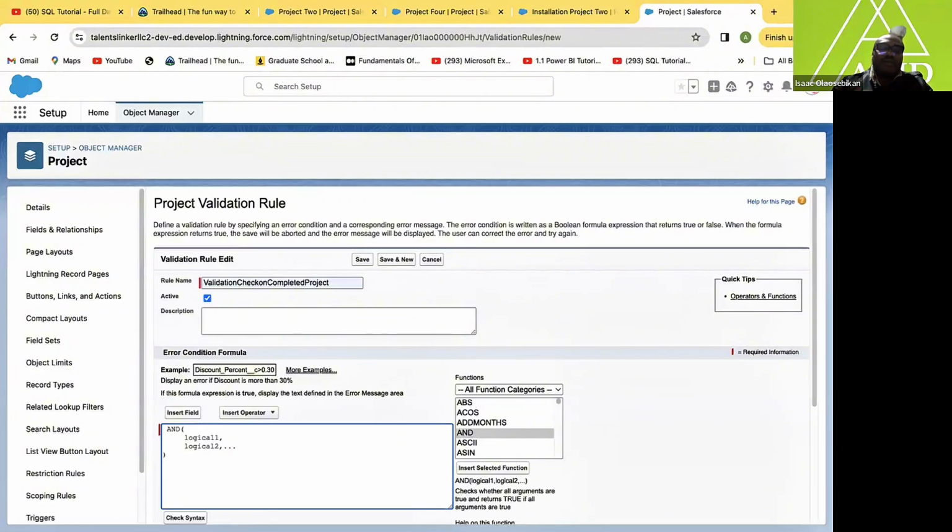I want my end user to actually let us know the actual cost of the project. I don't want somebody to save a completed project into our org without stating the actual cost, which is a very interesting formula as well. So what I will do now is to say